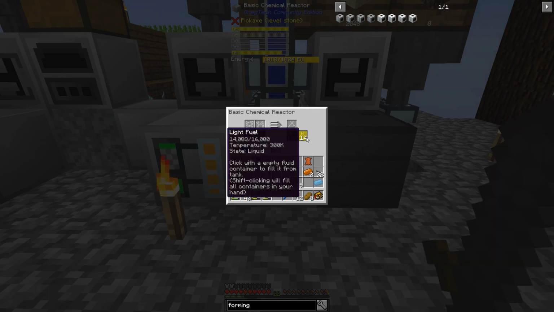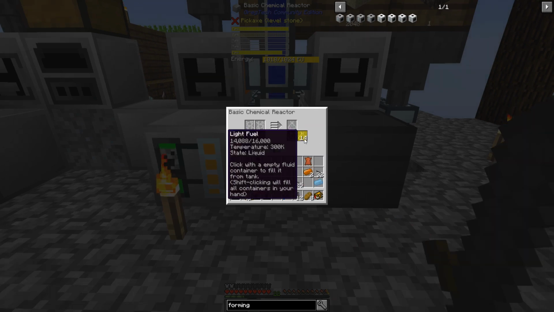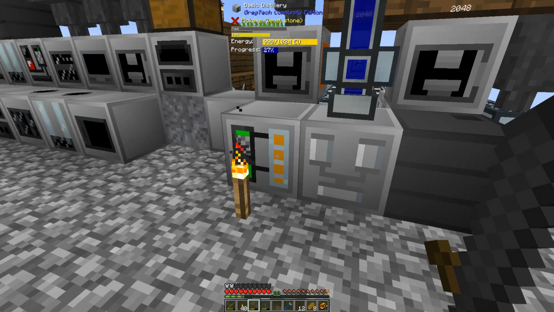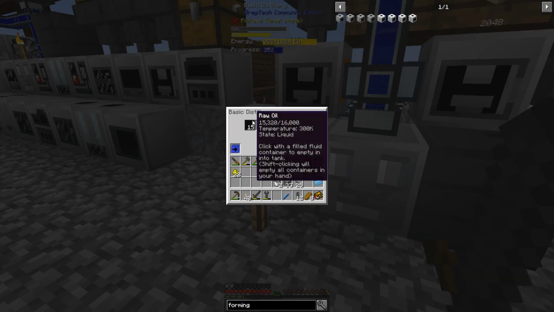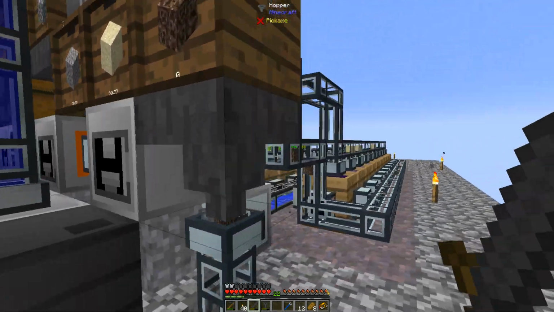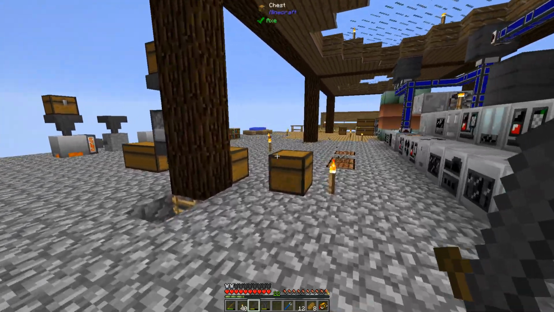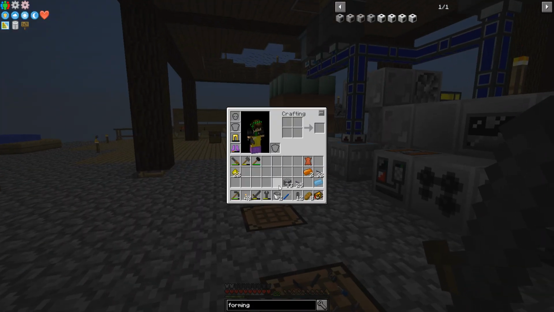Alright, so my fuel production is actually starting to backlog here. So I got 14 buckets in there, 16 buckets in here. Eventually this will fill up, but I am starting to run low on soul sand here. So today I'm going to be working towards getting that sped up a bit. First, let me see if I can...